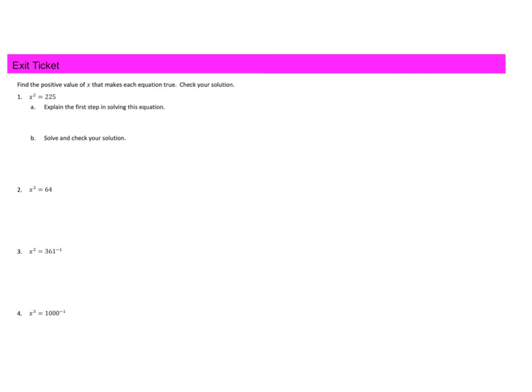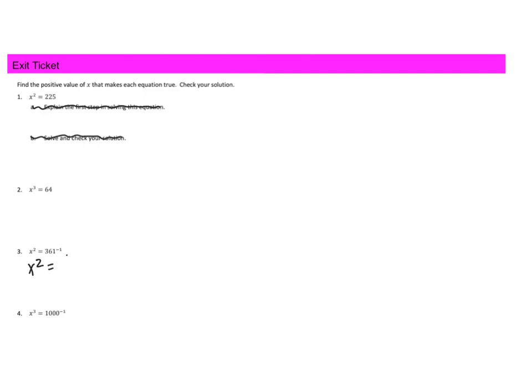A couple of questions. We have the first one. I want you to tell me what times itself equals 225. You don't have to do this part or this part. Just answer that first question. Next one, what to the third power equals 64? Next one, what to the second power equals 361 to the negative first power? Remember, this is the same as saying